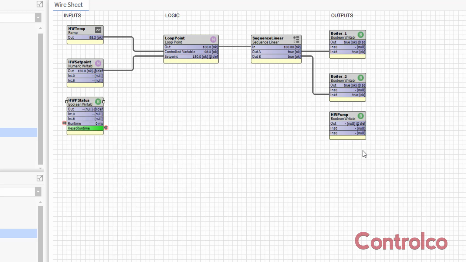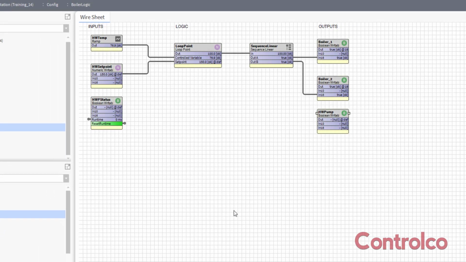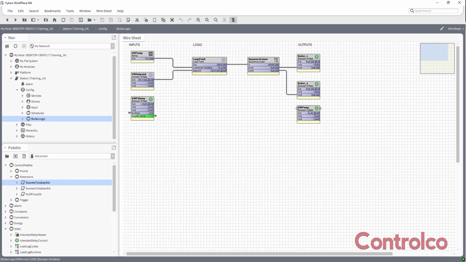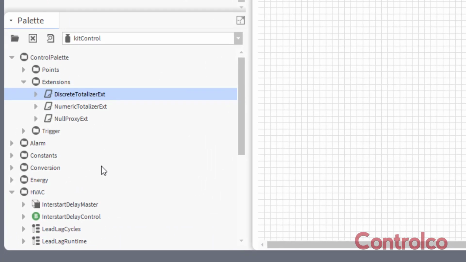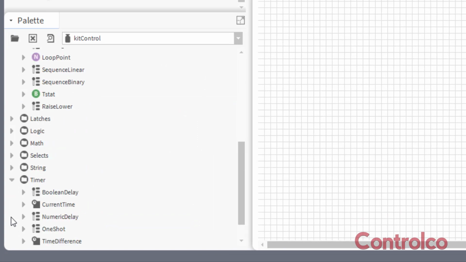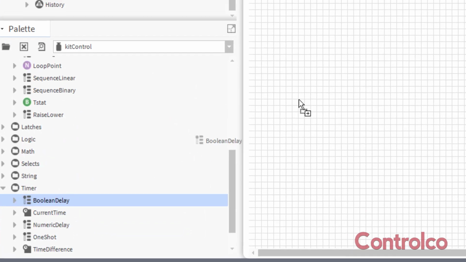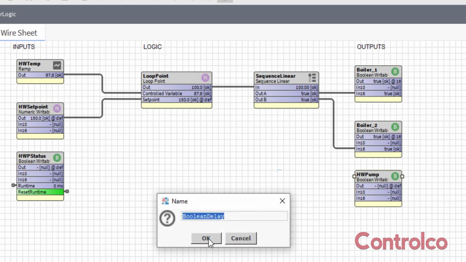Part of my sequence said that the hot water pump has to run for 10 minutes after my boilers go off. So part of that logic is going to be to add a timer block. I want to add an off delay timer in front of my hot water pump point. So back to Kit Control, timer folder. I'm going to drag over a Boolean delay, hit OK,